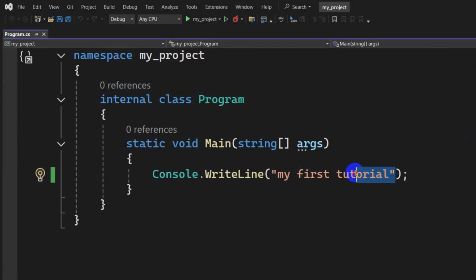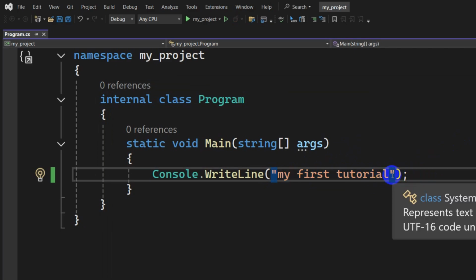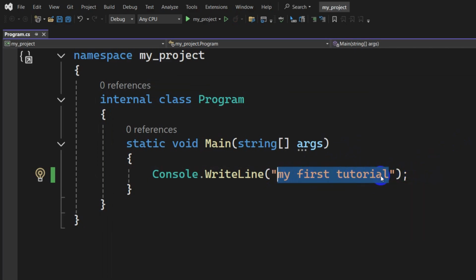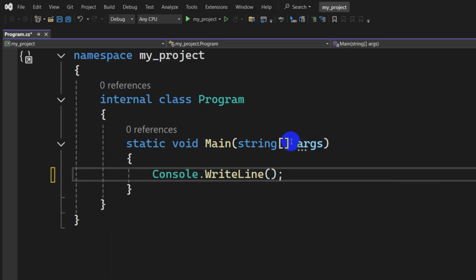So let's say you want to find the summation of two numbers. Here you can see this is a string. In order to print a string, we need to give two double quotation marks. But if you want to print a number, there is no need to give double quotation. If you just say here 3, and if you now run it,